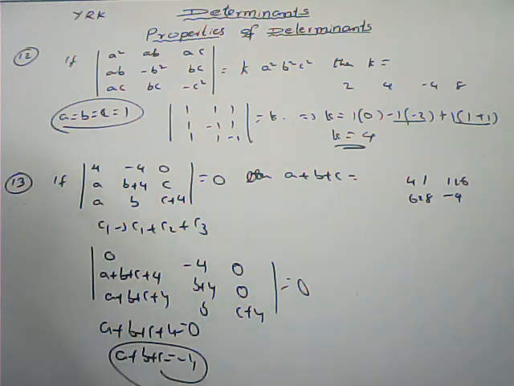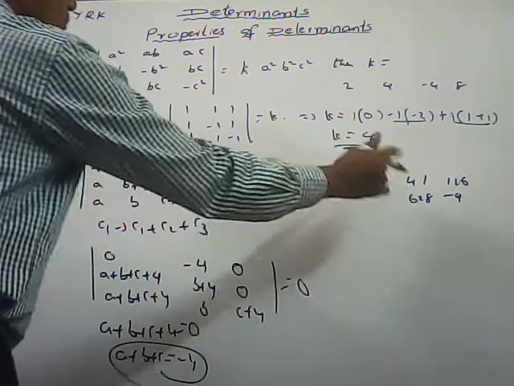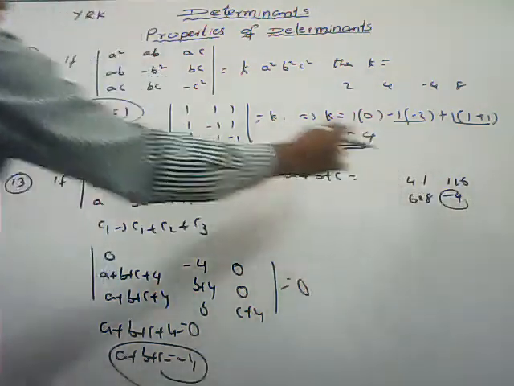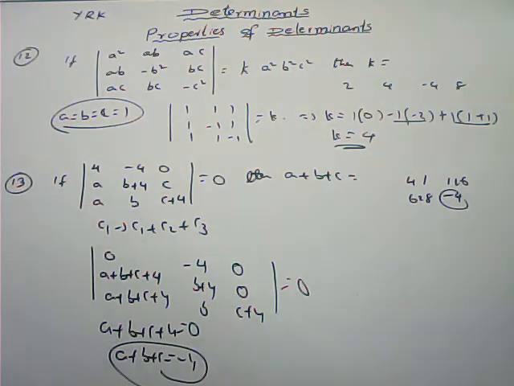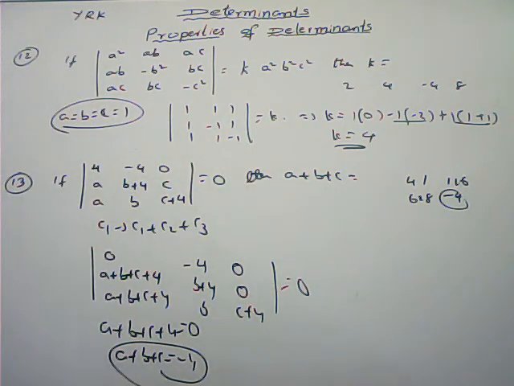Then what about the total value of the determinant? 0 only. Otherwise we can verify with the options also. Minus 4. If I take the remaining values, no two rows or columns are proportional or identical, so we would not get 0. By taking A plus B plus C equals minus 4, all the elements in the first column are zeros. Then the determinant equals 0.